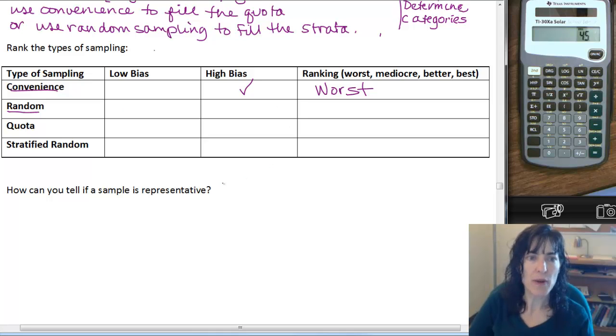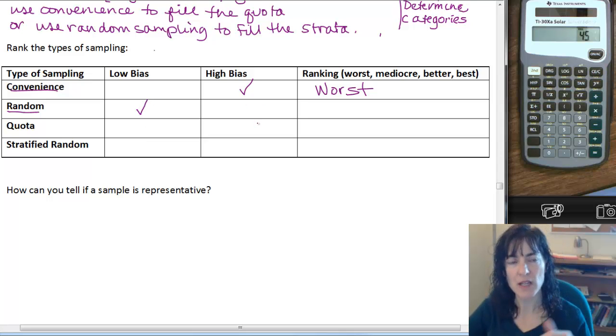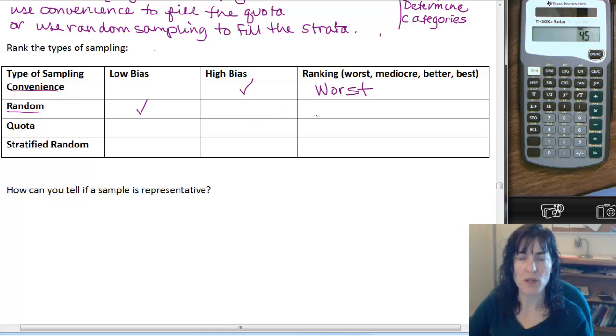Okay, so in terms of bias, it's very good. It has a low bias because we are using a random number generator from the computer, and every person in the population has a chance to be chosen. So it's actually one of the better